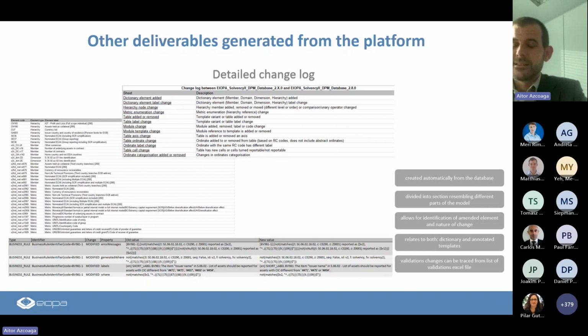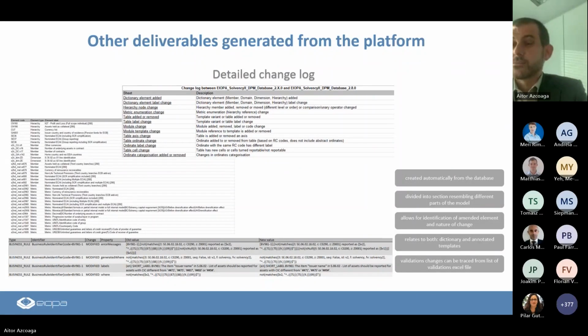Last but not least, we have the detailed list of changes, as I heard recently. We have in EIOPA quite a detailed list of changes. We are now evolving the detailed list of changes and some validation. So there is this Excel file that provides only the delta, which I heard recently was one of the most useful artifacts for reporting entities, in this case insurance and pension funds. And they were using it frequently, and they're asking for it.